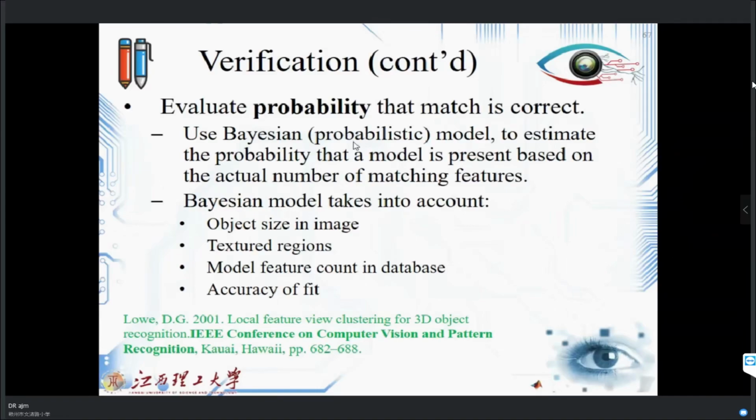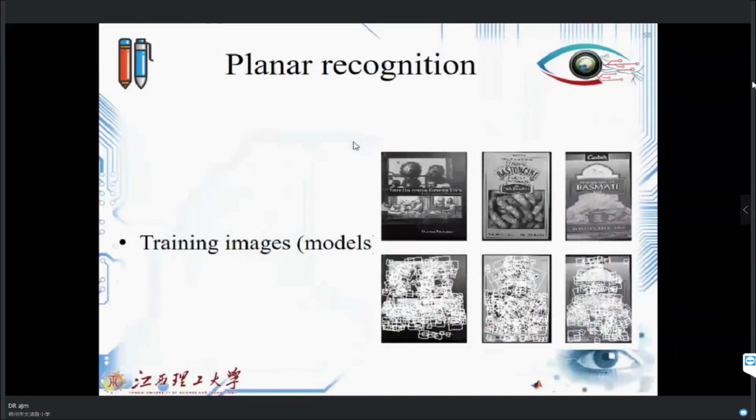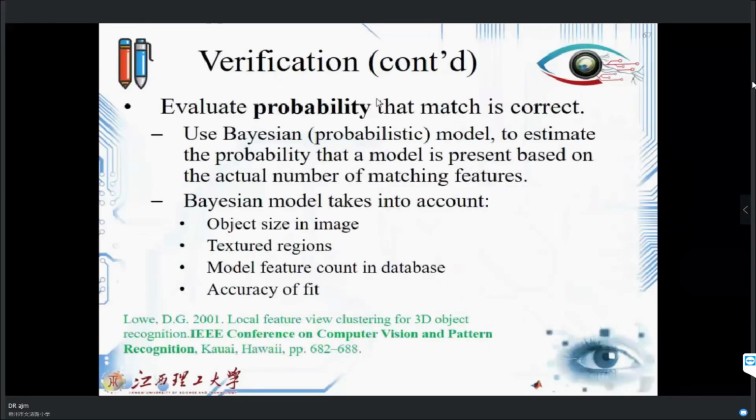In this part of verification, we should evaluate the probability that a match is correct. Methods like Bayesian and probabilistic models will be used to estimate the probability of the model. As you know, Bayesian models take into account the object size in the image, texture region, model feature count in the database, and accuracy of the fit that we can have. This is the planar recognition